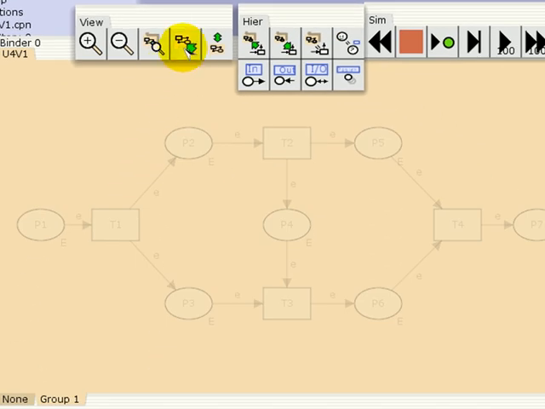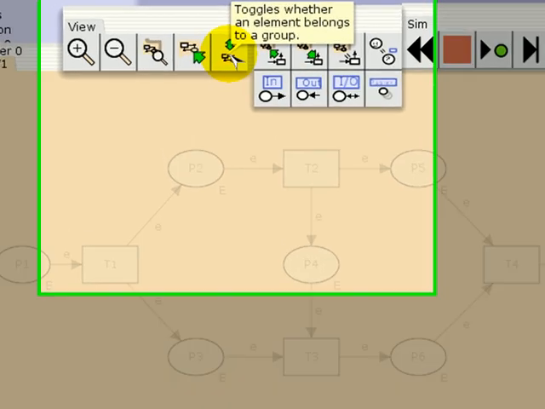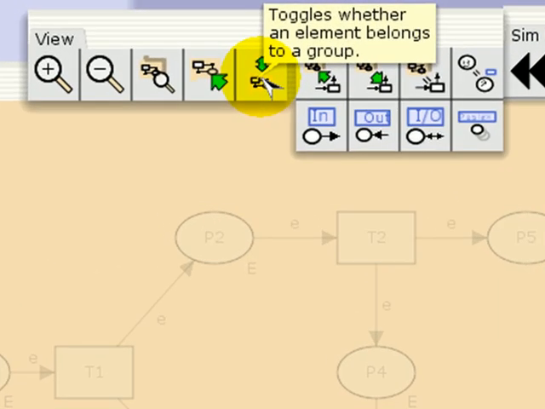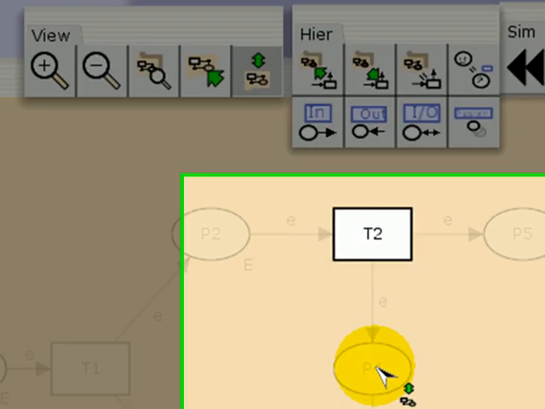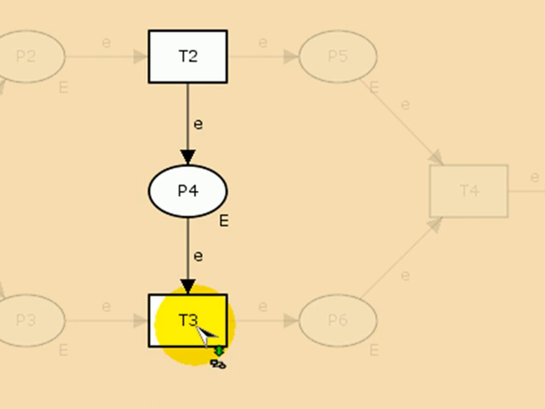This creates a transparency, it's sort of a layer on top of this petri net page. We grab the tool which says toggles whether an element belongs to a group or not. This tool allows us to select nodes which will belong to this group